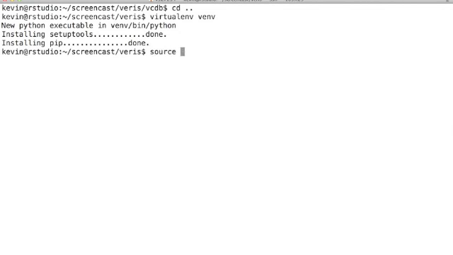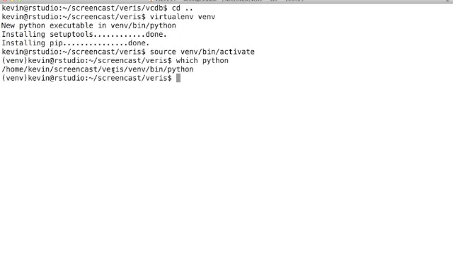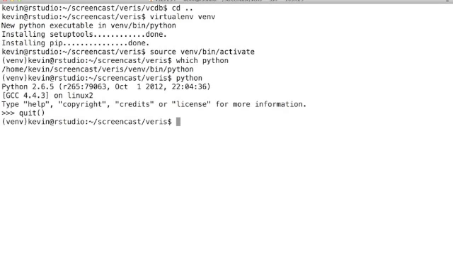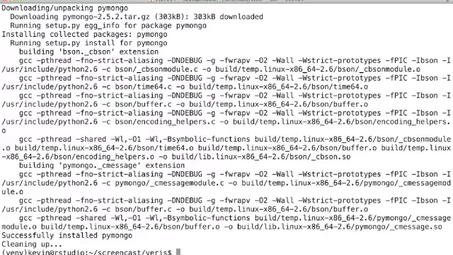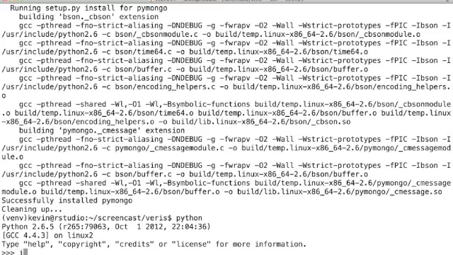There's a command which I'll source out of that directory called activate. And now over here at the front of my prompt, I have this little venv thing to tell me that I'm using a different Python. Also, if I type which Python, you can see now that I'm going to be pulling this out of a subfolder. I'm going to be using a library called PyMongo to interface with the Mongo database, and I need to install that, so I'll do that with pip. And as you can see, that's a very quick and easy setup. And now if I go into Python,